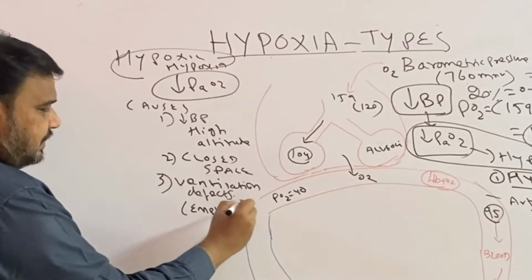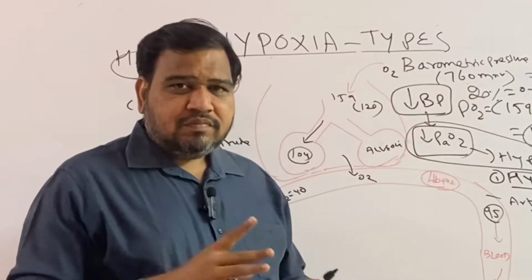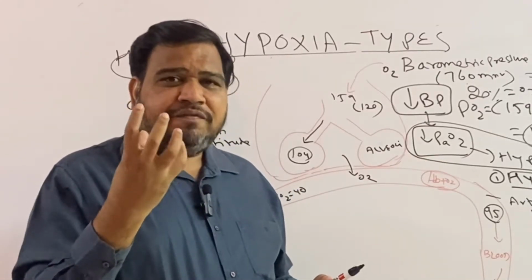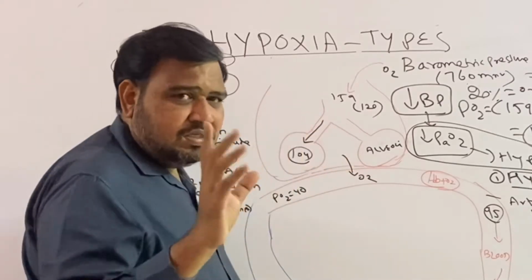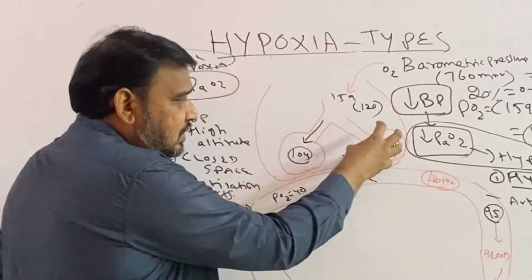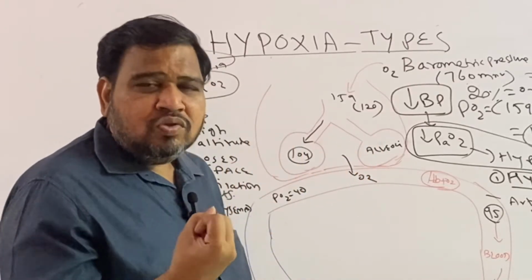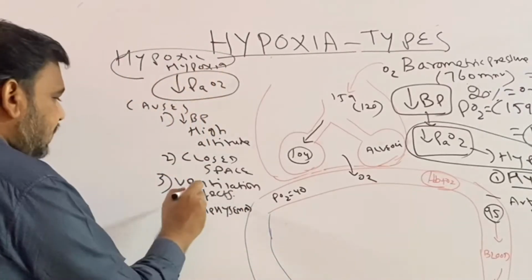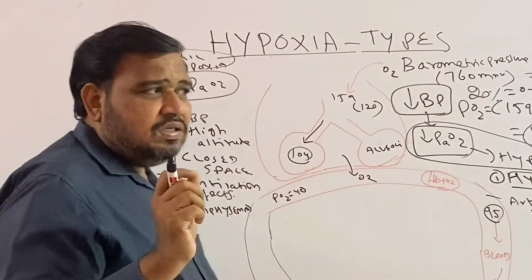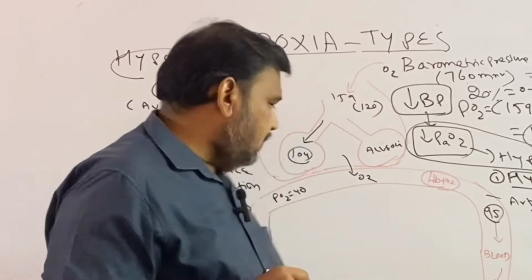So what happens in emphysema? The alveolar surface area is decreased. For example, this is a normal alveoli, and in case of emphysema the alveolar surface area is decreased. So that alveoli may not be ventilated properly. Whenever there is a decrease in ventilation, one of the conditions we can understand is emphysema,